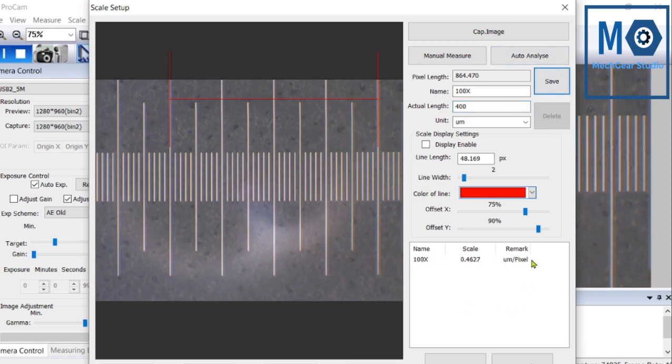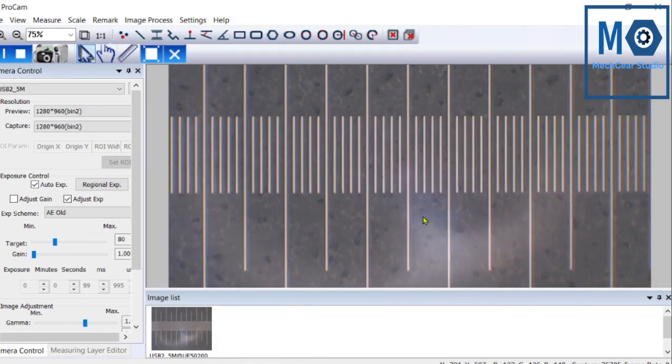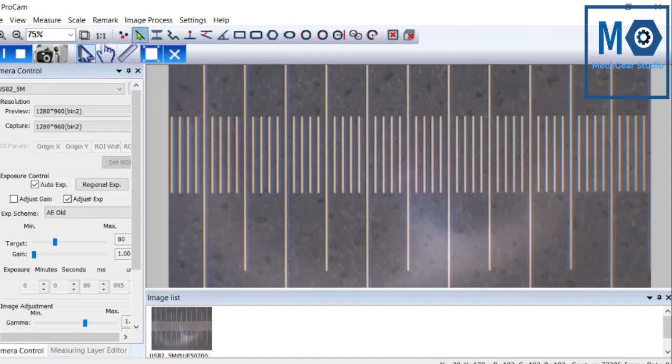Now for 100x calibration we can use this scale and it will measure in micrometer. Select this 100x and OK, apply OK. Then we can use this scaling. If we cancel, then this scale will not be selected. Draw a line which will measure dimension between number of divisions. We can pick up line by menu bar directly or toolbar.